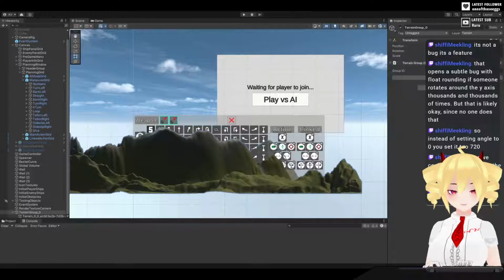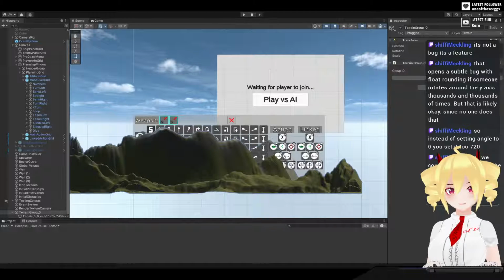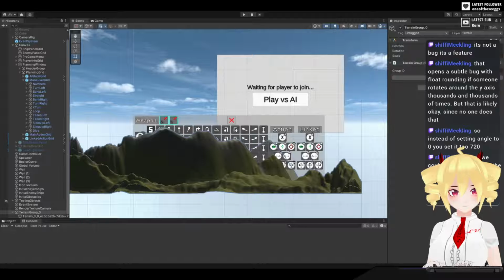If we're at 90, but plus, you know, several rotations around, and then this is going to return 90, so then we'll be at 0, and for this,